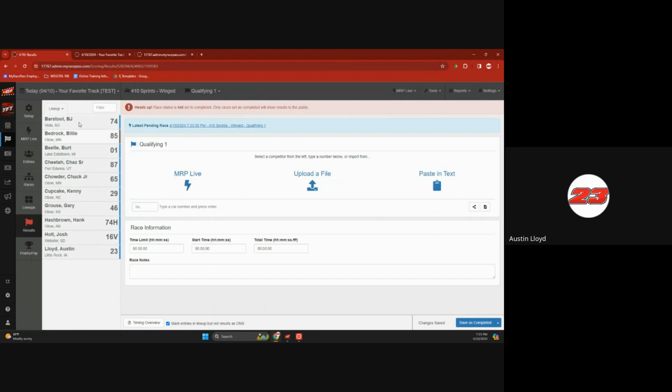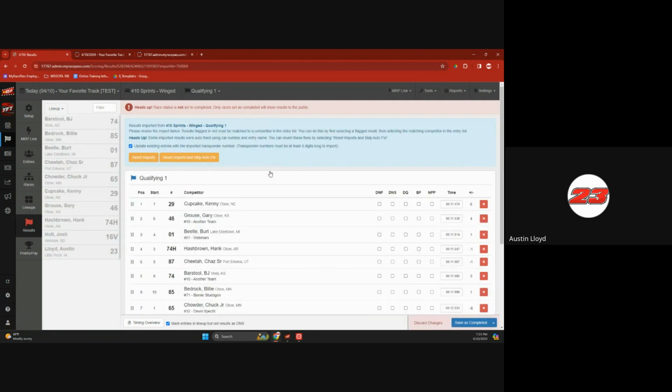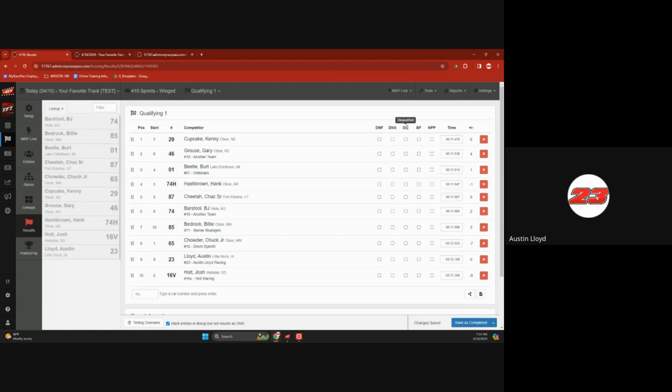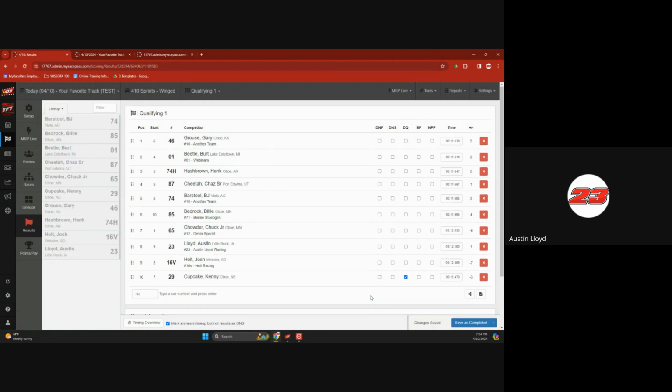Just click on the name on the left in the order that they finished, or I can type the number down here and press enter. Doesn't matter. Or because I'm using live timing in orbits or Westhold, I can just click the link at the top of the screen, bring the result profile or result file over, and save as completed. This is also where you can mark your DNF, DNS, DQ, or black flag. You find out 20 minutes later, winner was lighted to scales, mark DQ, resave, everything's fine. Moves them to the bottom of the list. But regardless of how you do that,